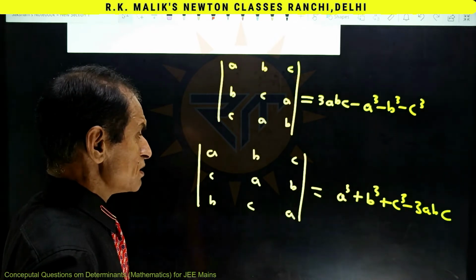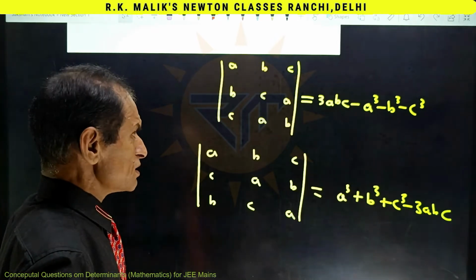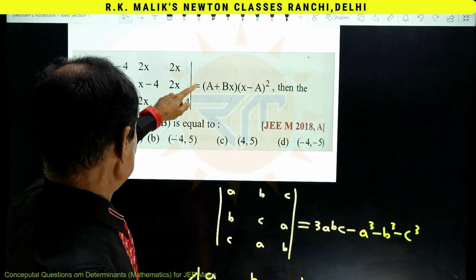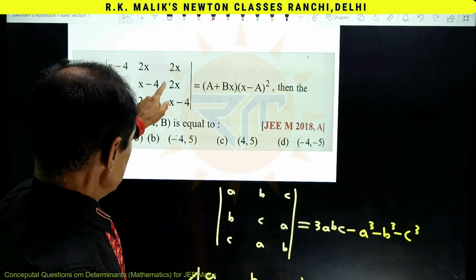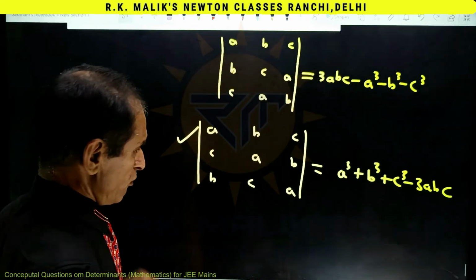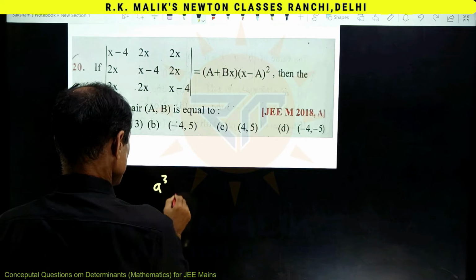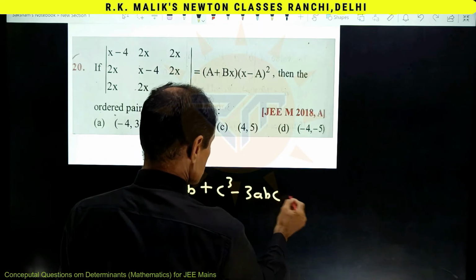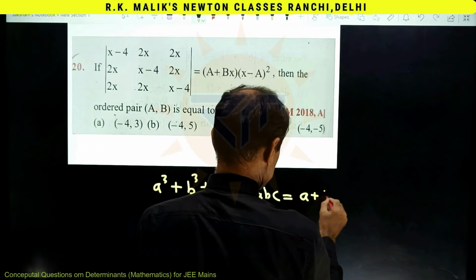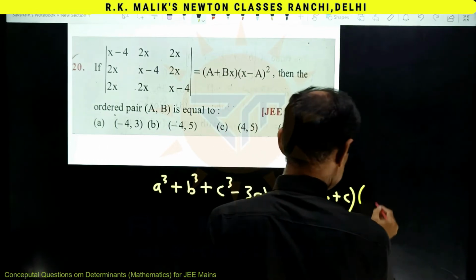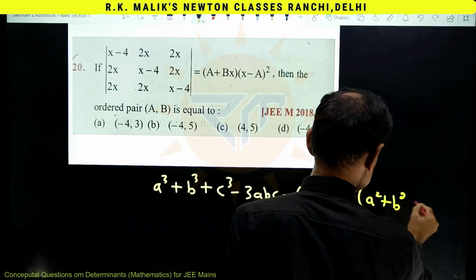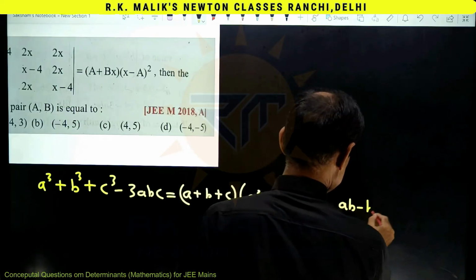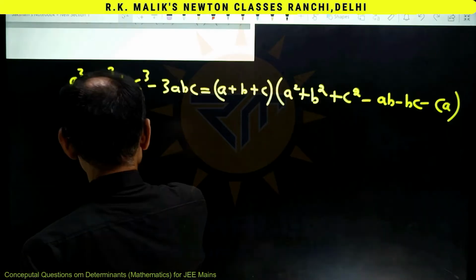The star method of opening the determinant is a very important way of opening the determinant, and presently this question is in this form. You can see very easily it is ABC and BCA CAB. That is, this determinant is in this form. Also note that A cube plus B cube plus C cube minus 3ABC is equal to A plus B plus C into A square plus B square plus C square minus AB minus BC minus CA, and this is equal to